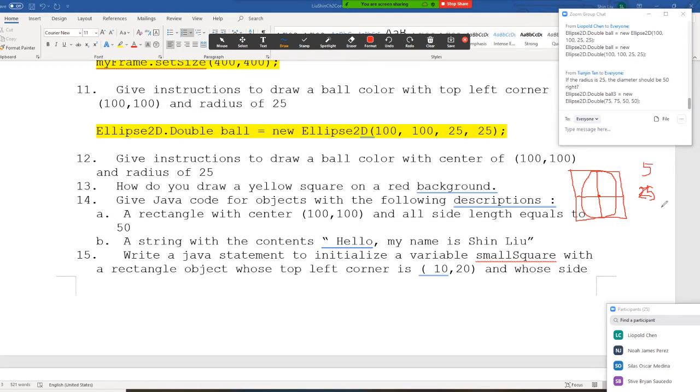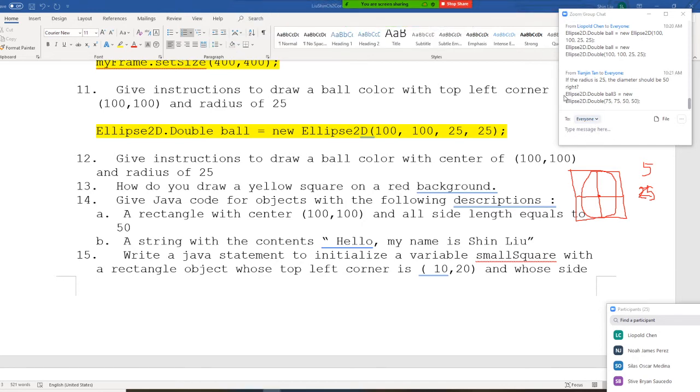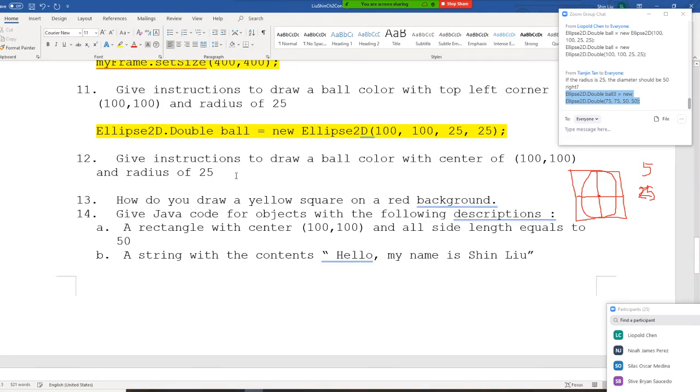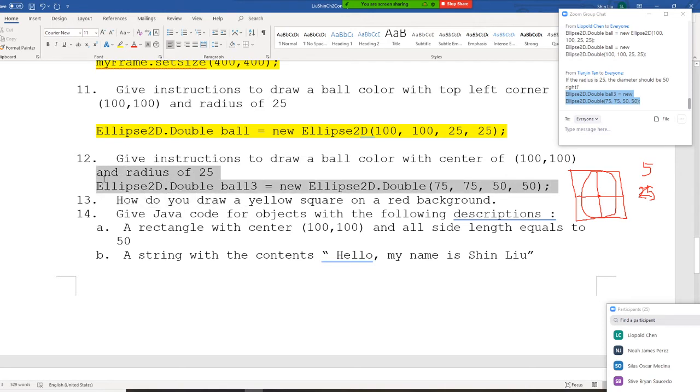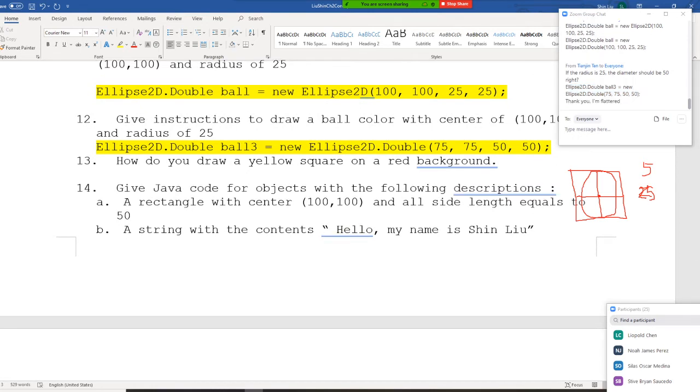All right. Pretty good, Tianjin. You are very smart. Okay. So I am going to get Tianjin's answer right here. It's okay, everybody. So this is a little bit of a challenge, just for fun. Okay. All right. So we are going to